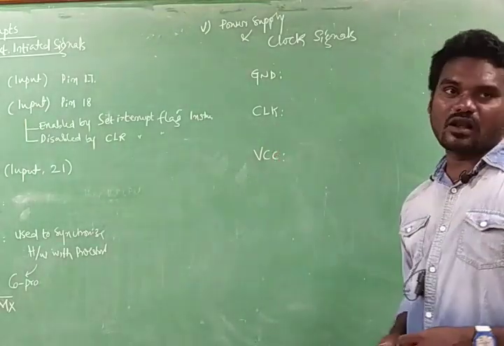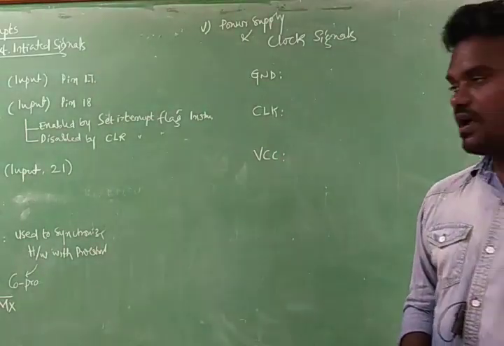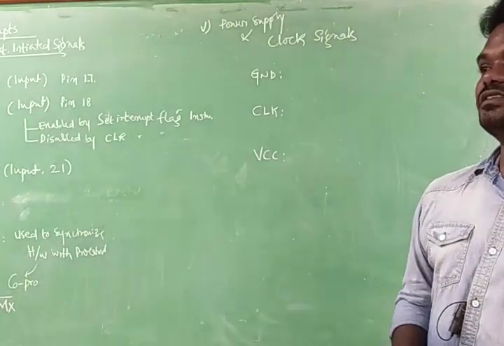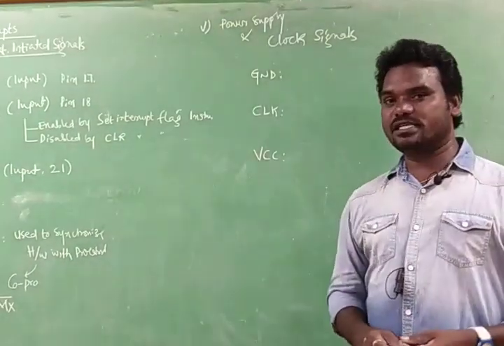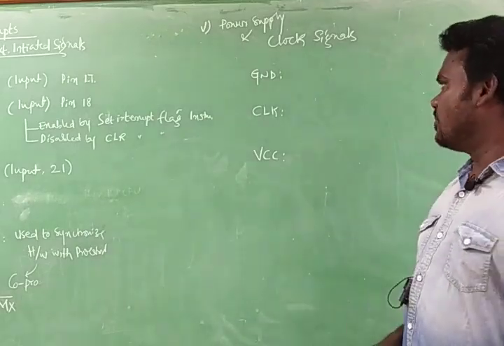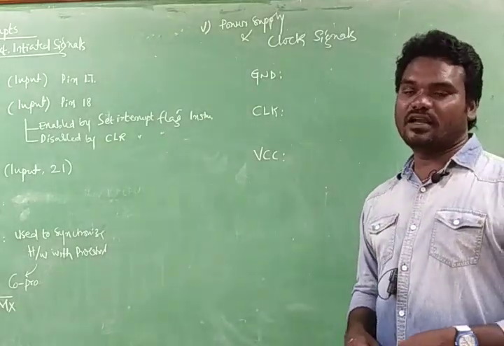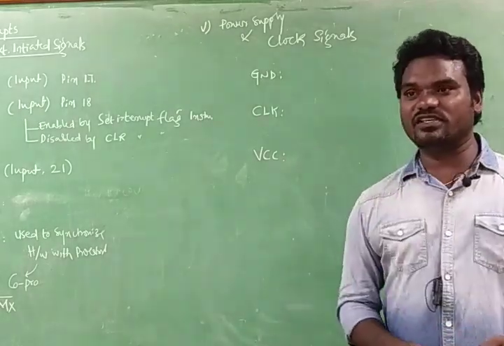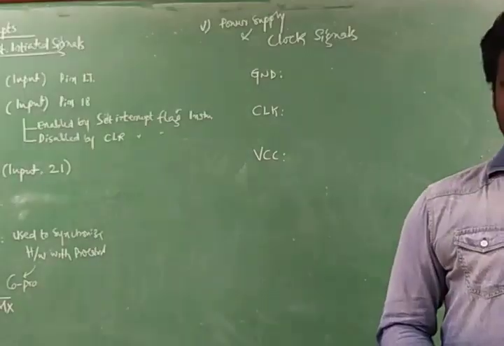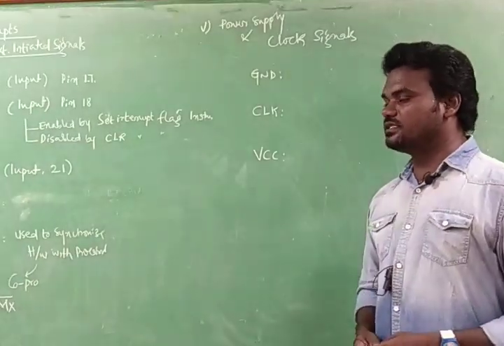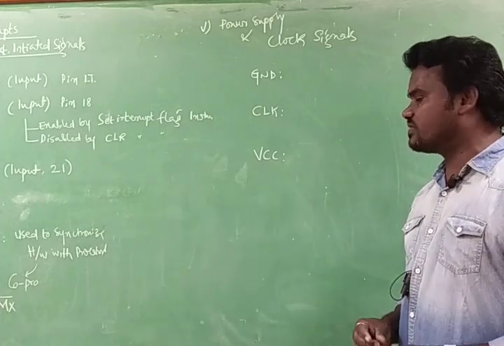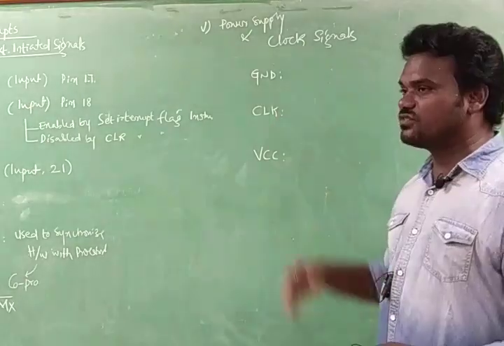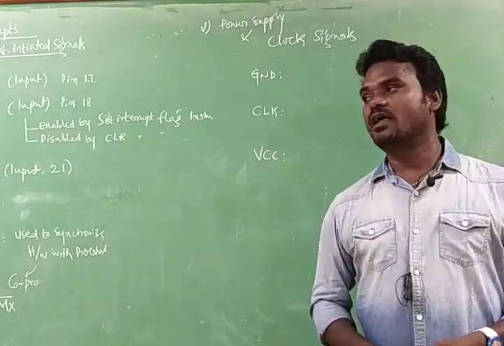And coming to the clock, 8086 microprocessors are now available in 3 versions of clocks, that is 5 megahertz, 8 megahertz and 10 megahertz. Based on the clock frequency, we are going to have the various versions of microprocessors. And coming to the next one, VCC. It is the applied DC voltage for the microprocessor. It is nothing but the biasing voltage of the microprocessor, which is about plus 5 volts, and all the negatives will be grounded, pin number 1 and pin number 20.